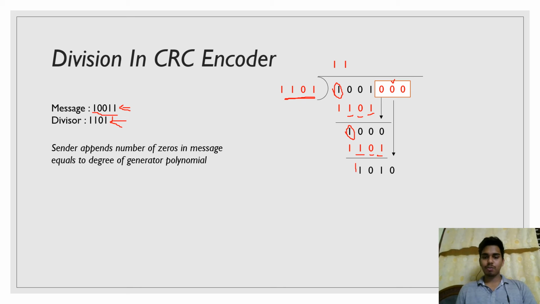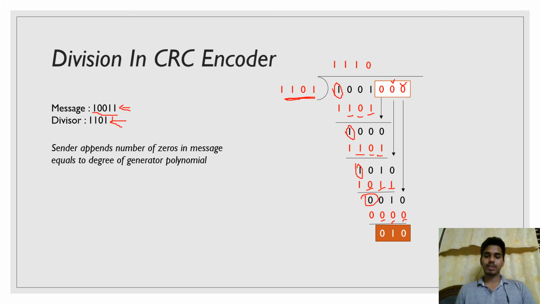Now the leftmost bit is 0 1. So now we will add this divisor again, and we will bring this 0 bit down, and 0 plus 1 will be 1, 1 plus 1 will be 0, and 0 plus 0 will be 0. And now the leftmost bit is 0. Now we will add 4 zeros to the 0010. Now we will obtain the remainder as 010, as 0 plus 0 will be 0, 1 plus 0 will be 1, and 0 plus 0 will be 0.